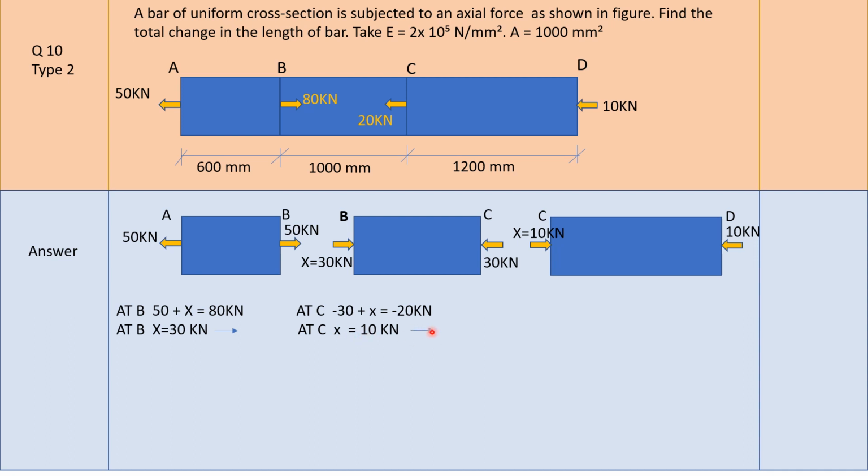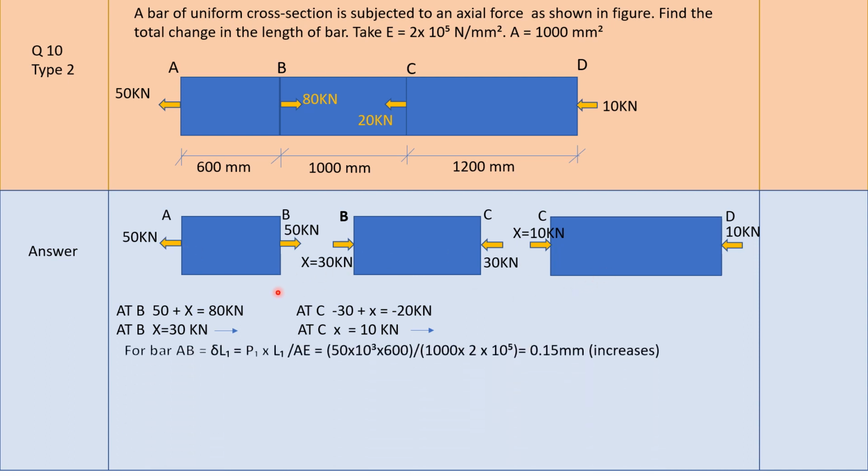Plus 10 means this force is acting in the positive x direction. So this force here is acting in the positive x direction. Here also x is equal to 30. This value is positive. That means this 30 kilonewton will act in positive x direction. So here also this 30 is acting in positive x direction. So these are the calculations. If you have the time, you can write these calculations, or you can solve the problem here itself as I have drawn the free body diagram, still it is okay.